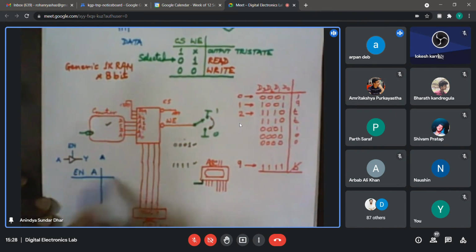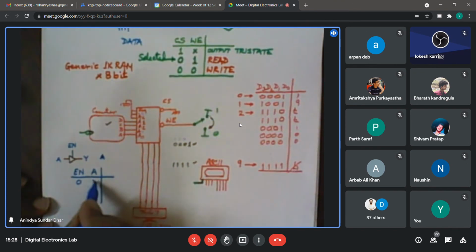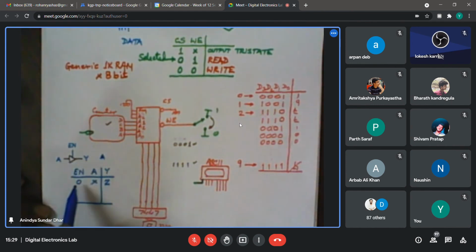If enable is deactivated, enable is 0, then it doesn't care about A, and the output is high Z. High Z means it is open, just like an open switch.